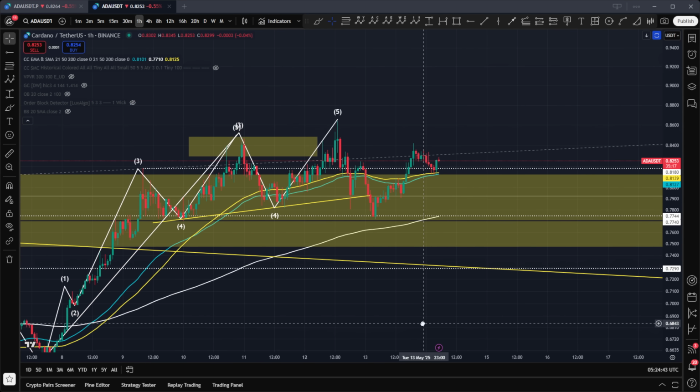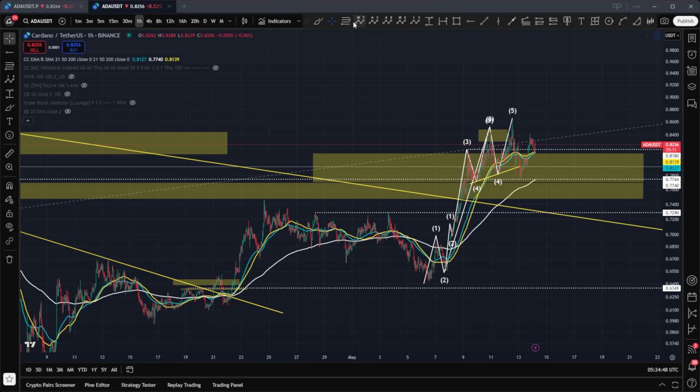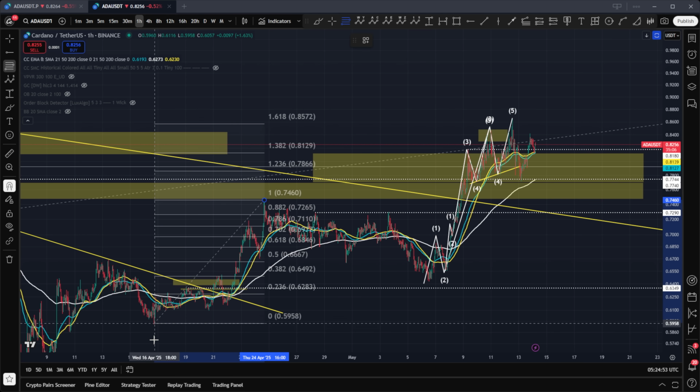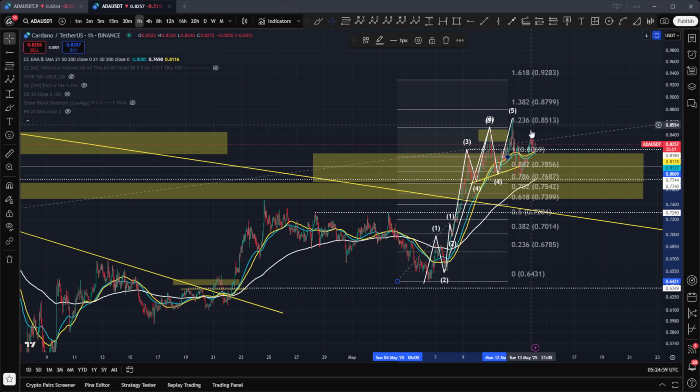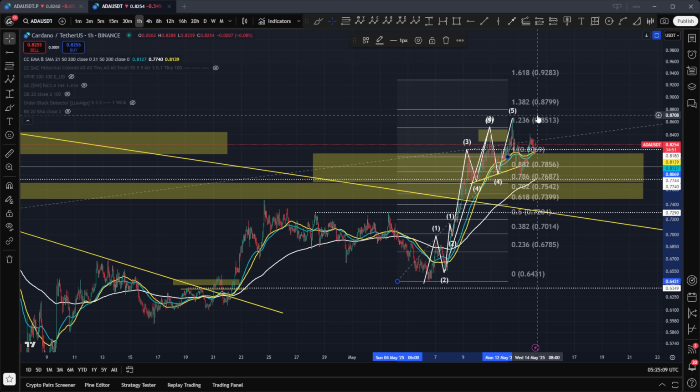So now if we take a reflection on this, if I zoom out, because this actually goes a little bit further above and beyond your typical zigzag pattern. So let me draw this in and show you what this looks like. As you can see just here, we've pierced 1.236. Normally zigzag patterns stay between 1 and 1.236. They don't normally exceed it. When they do exceed, you then start thinking about W, X, Y, X, and Z patterns rather than A, B, C patterns. And of course, our 1.618 up here for the impulsive move does come in at 92.83 cents.